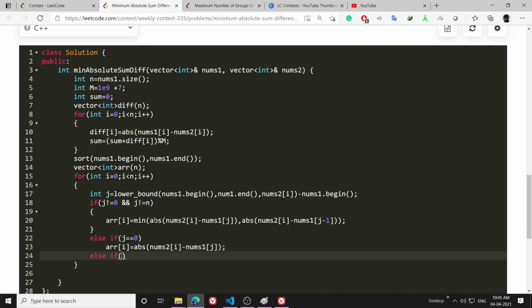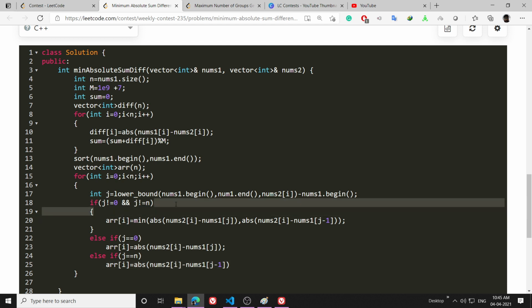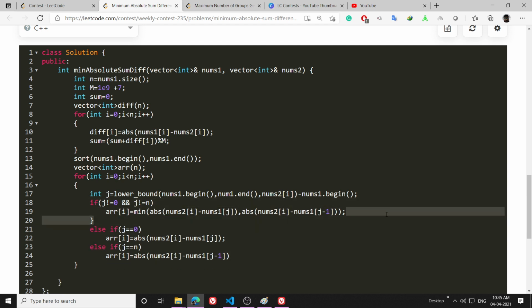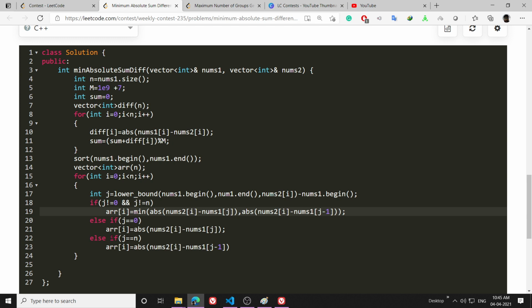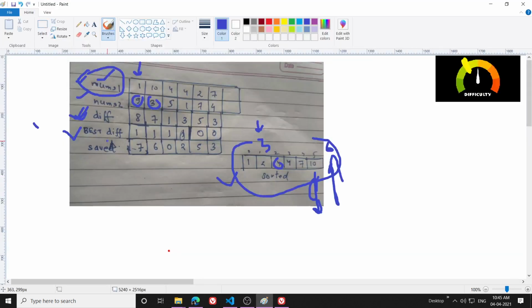And else if j is equal to n, then array[i] is equal to this thing, with j minus 1. Control C, Control V, and in fact the brackets are not needed here. So like this I will get this array.